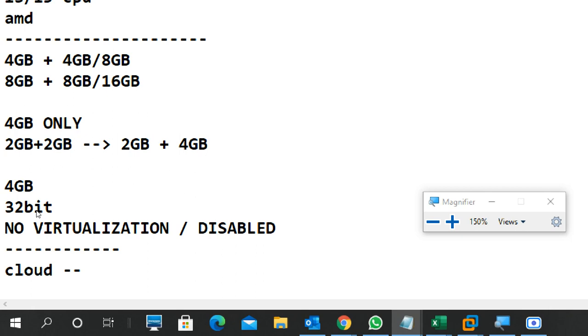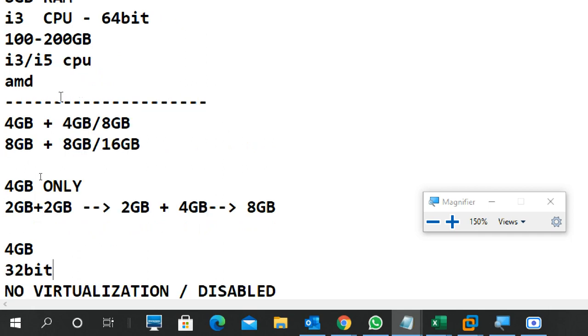If the system supports 8 GB, put a single 8 GB directly, or 4 plus 4 if you want. Okay, 2 plus 8 is also possible, but I don't prefer that. It is extremely low and extremely high, which is not good for a system because the frequency and clock speeds may differ. Otherwise, ask your technician's opinion. You can upgrade it.